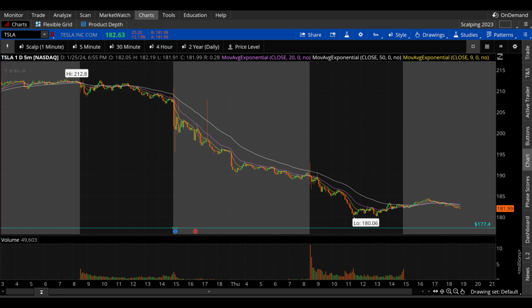Here on the 5 minute, though, we get a little bit more context here. We can see respecting the 9, especially the 20 period EMAs here, really until early afternoon, where we started to see some consolidation into the close as we came in to that 177.50, 180 range that we've been talking so much about here. Today was clearly a momentum day, continuing momentum to the downside,